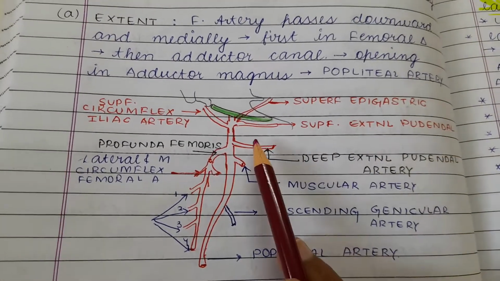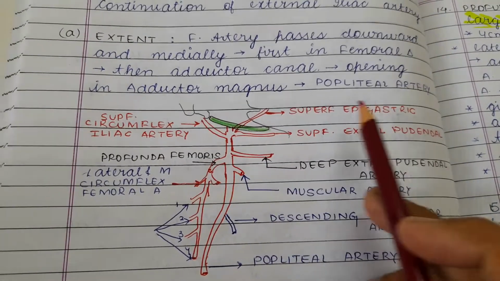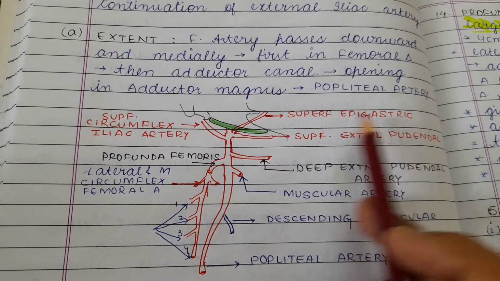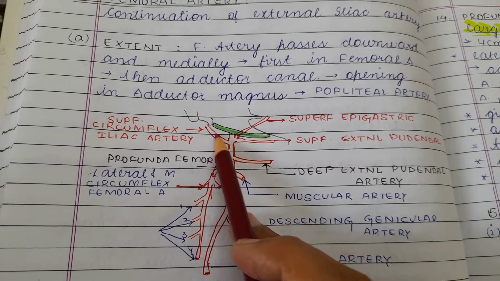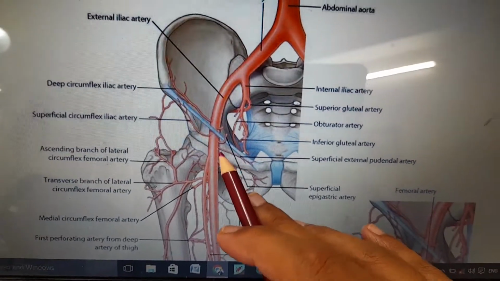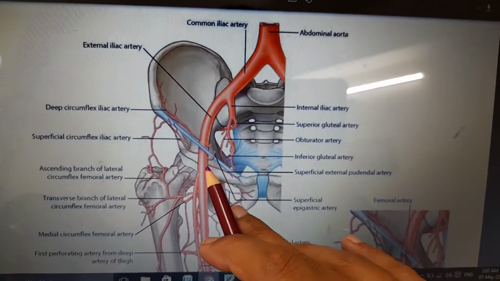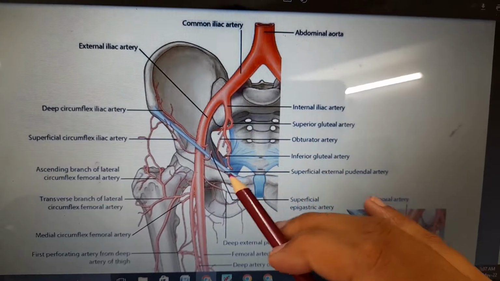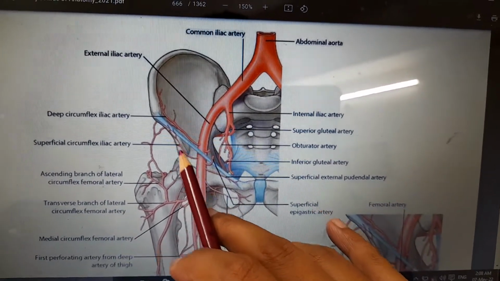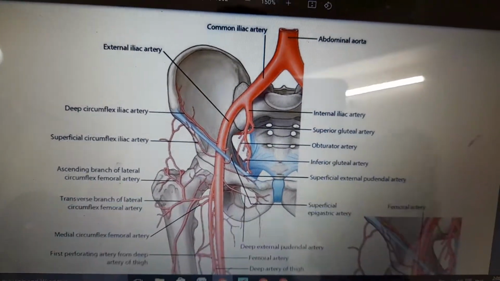3 superficial branches are superficial external pudendal artery, superficial epigastric artery, and superficial circumflex iliac artery. The superficial branches are superficial external pudendal artery, then the superficial circumflex iliac artery, and